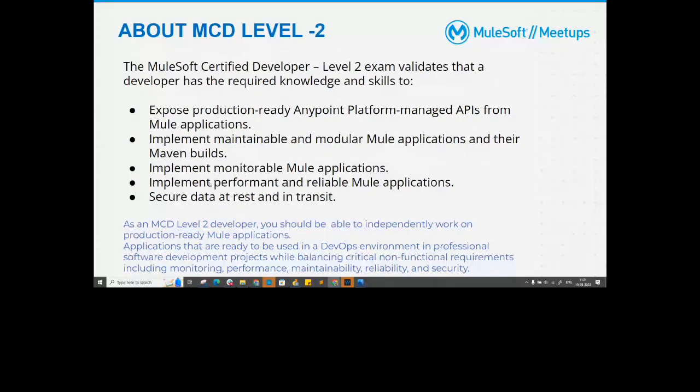MCD Level 2 also helps us learn how to make our applications performant and reliable. Not only the functional areas, but also the non-functional areas are covered in MCD Level 2 in detail, wherein you will be able to make your applications more performant. In the beginning of the session itself, we talked about repetitive tasks, right?